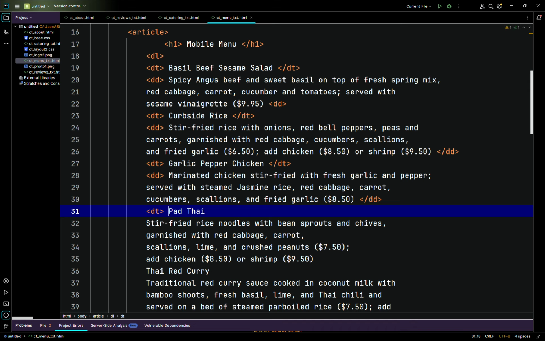That's pretty much it. So DT here, we'll just go with the description. Let's go with this tag. We'll enclose that with the closing element tag. And underneath that here we'll have